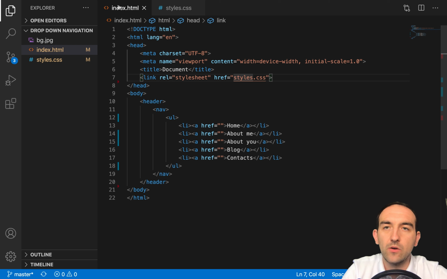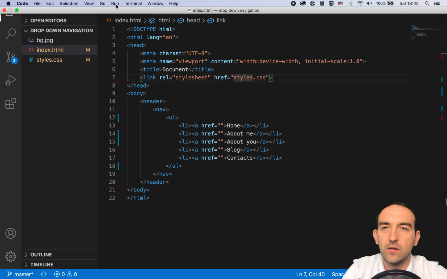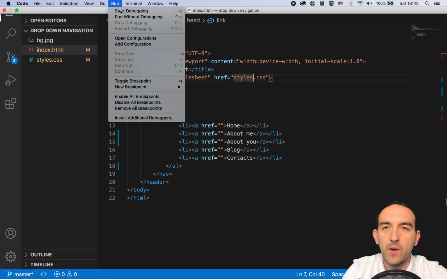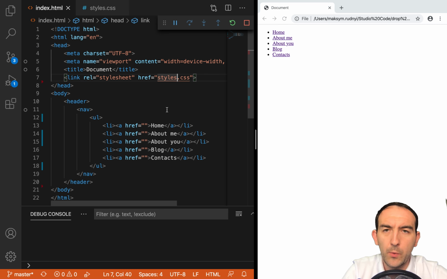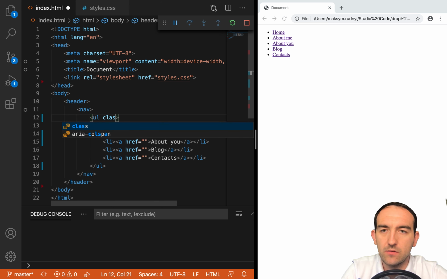So now let's run our file. Let's start debugging and it will open in Chrome. Now we have our page and we will see what we are doing. The next one, let's customize our styles. We will add some class. It will be main navigation,